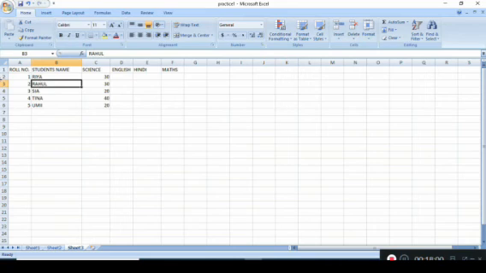Now next is with the keyboard. You can find in your keyboard there is left, right, up and down. These keys are available in your keyboard. With the help of these keys, you can move around wherever you want to write down any data in a worksheet. Along with that, there are some shortcut keys which can help us to move around, like page up.